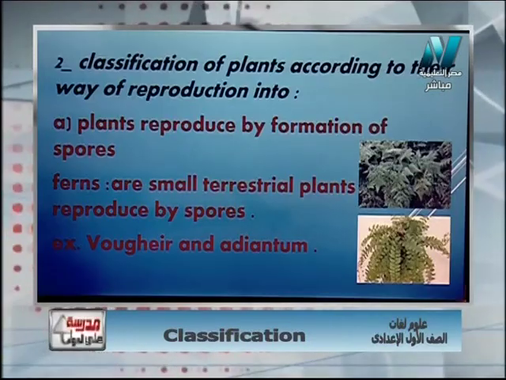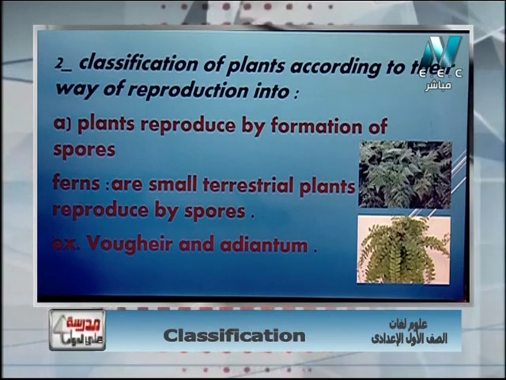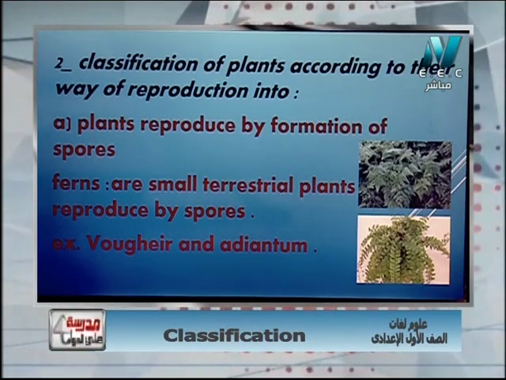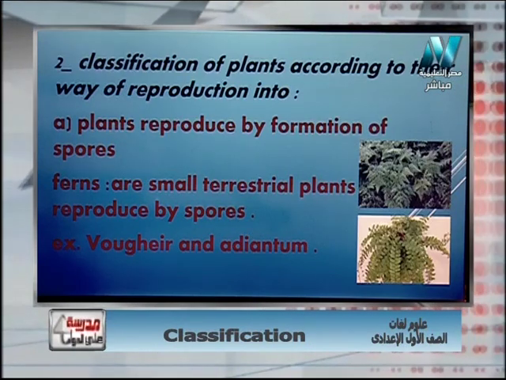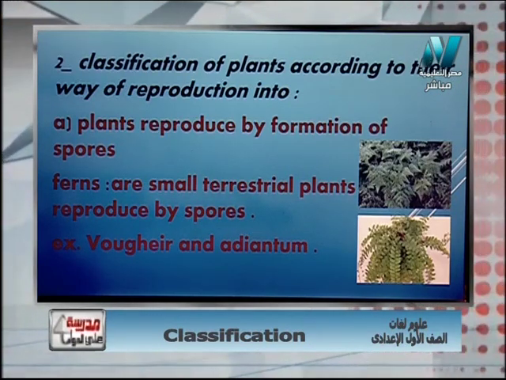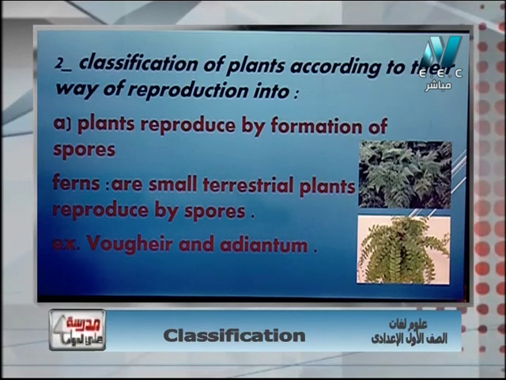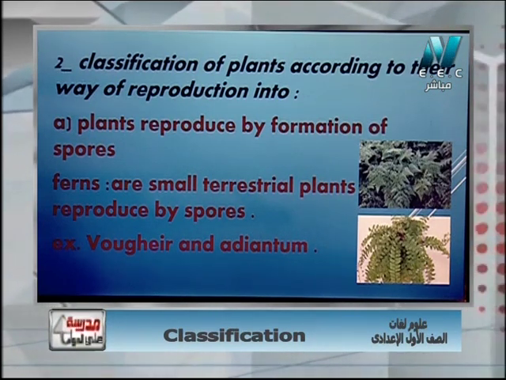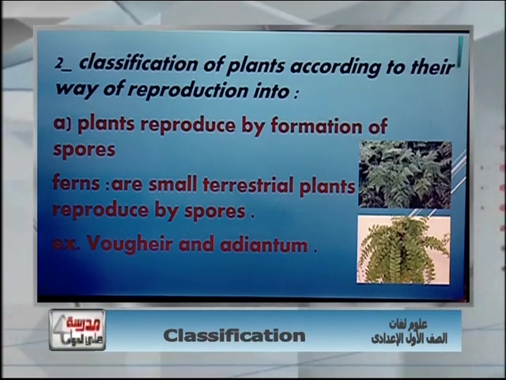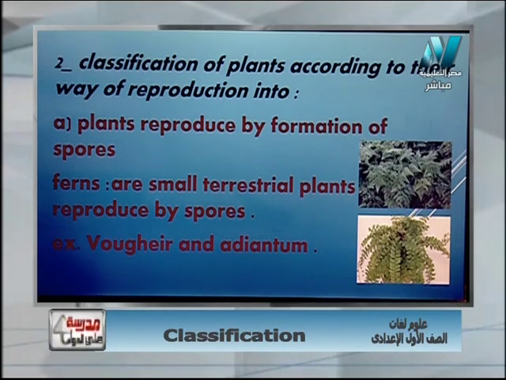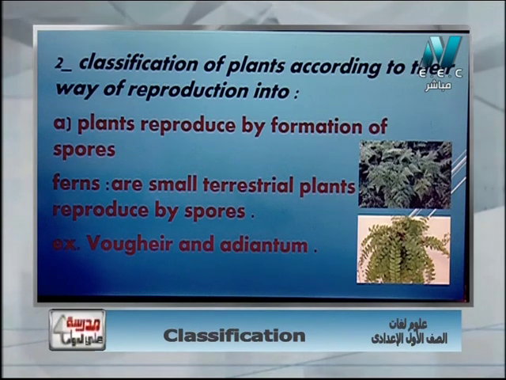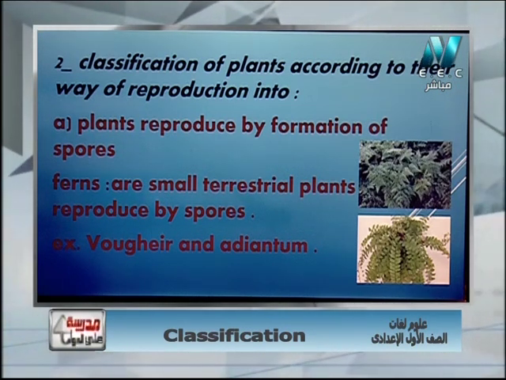But number two, classification of plants according to their way of reproduction. And we have two types. A, plants reproduce by formation of spores. Spores here means very small, very tiny cells, as ferns. What's meant by ferns? Ferns, they are plants which are small